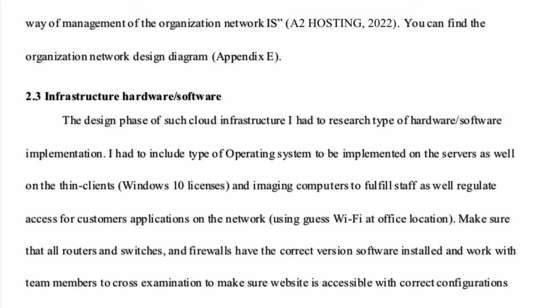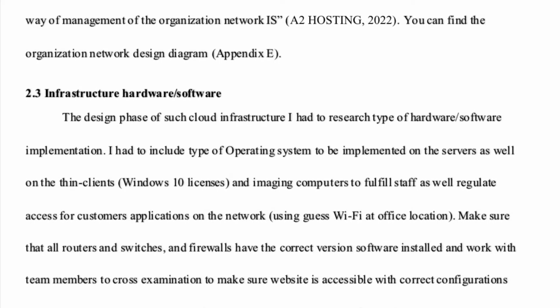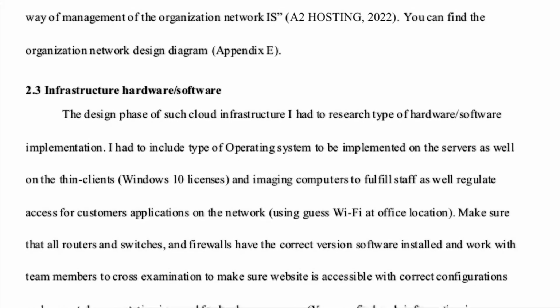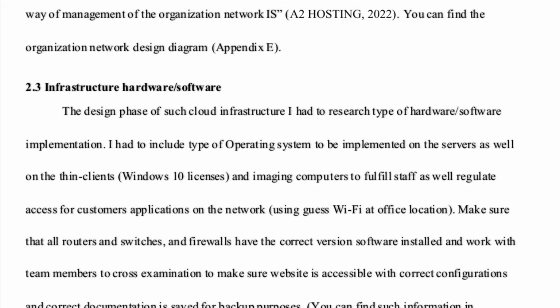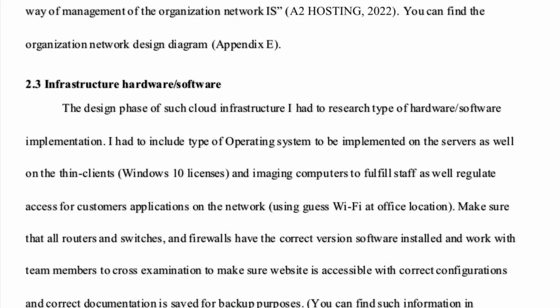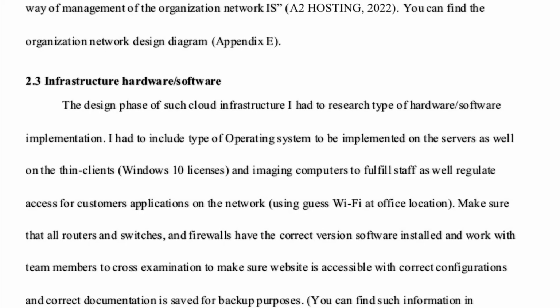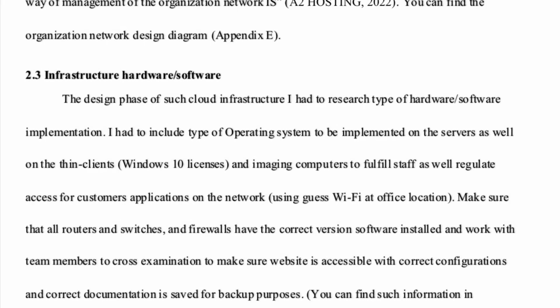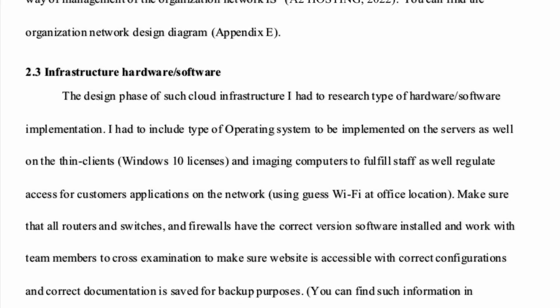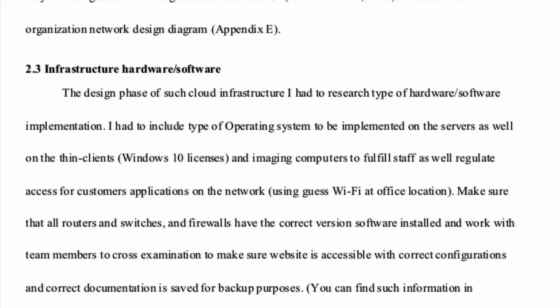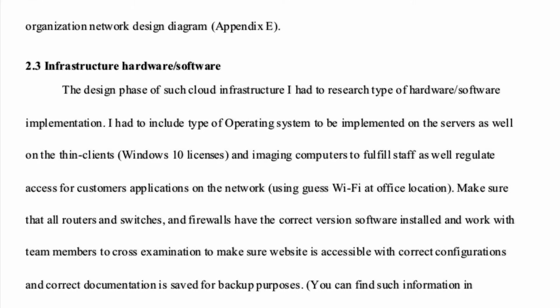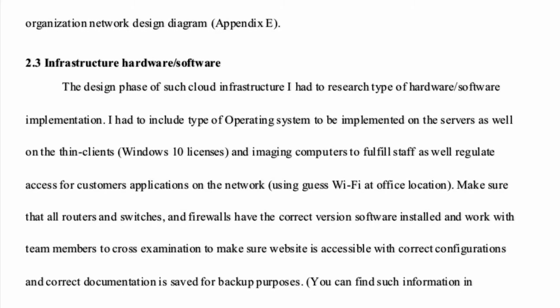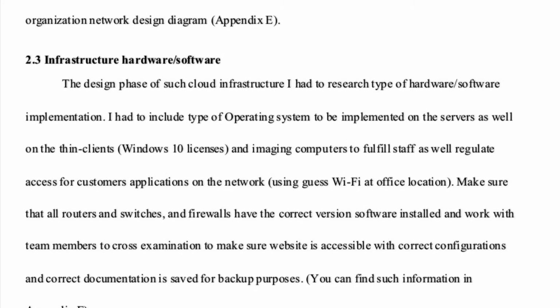All those devices will have RDP, which is Remote Desktop Protocol, and the connections from there to the cloud would be VPN tunneling. The firewall will be monitored by a SolarWinds tool that will have implementation of IDS and IPS sensors. Trying to think what else off the top of my head. Oh, and the network would be on Class A